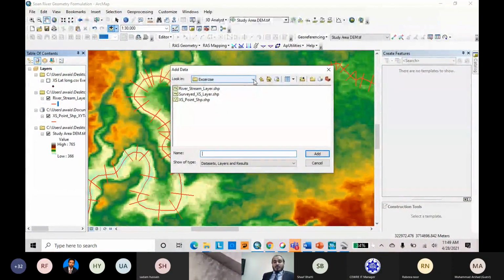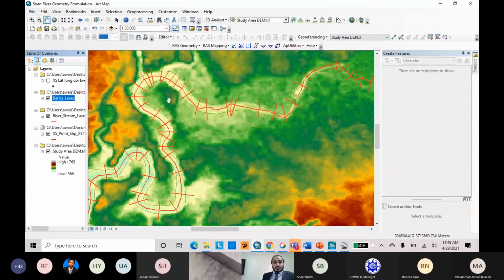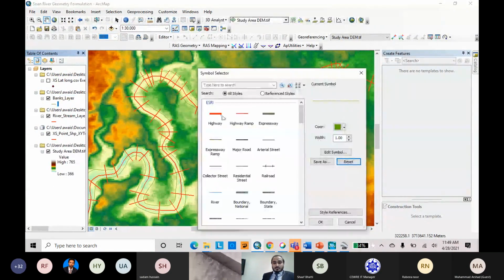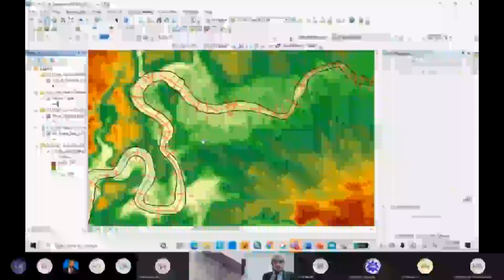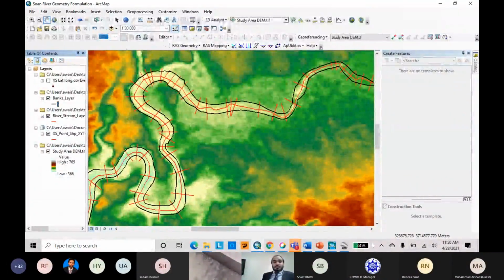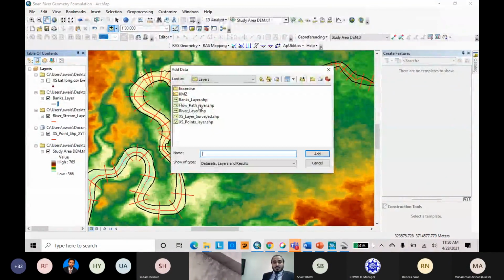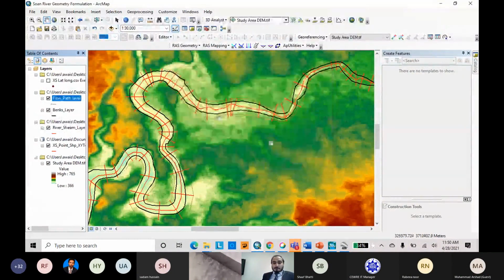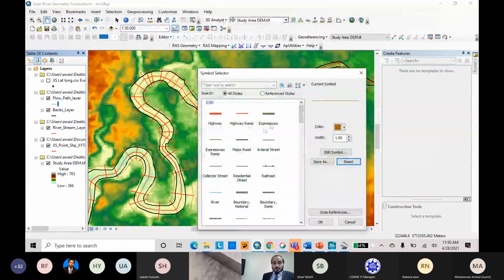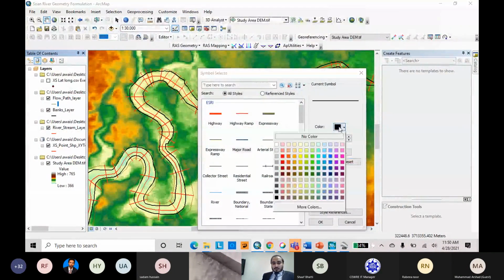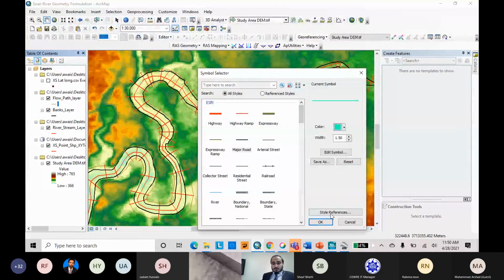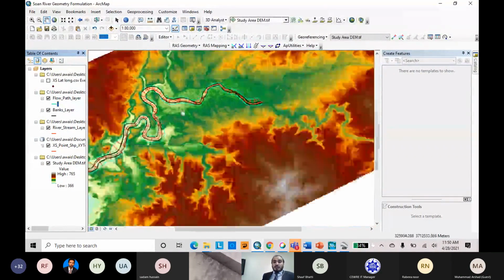In the same way, we have developed our other layers, which consist of the bank layer, flow path, and cross section. We have already surveyed the layer. So the next one, I had already converted the bank layer from KMZ. So we will just add it one by one. Here are our bank lines, and then the second is the flow path layer. There is the flow path. I will highlight it. Okay, we now have the required layers.